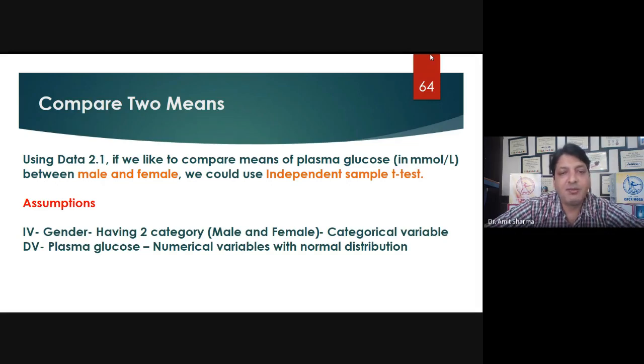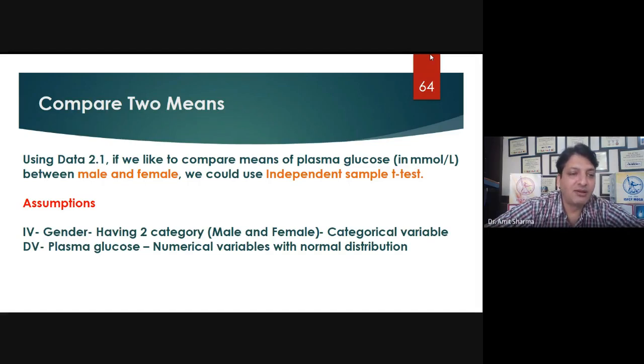But this test will be applicable only if the data which you have entered in the form of numbers, that means the level of plasma glucose, is normally distributed. So what are the assumptions for this test? Assumptions means the rules by which we decide that we can go for the compare two means test, or independent sample t-test.